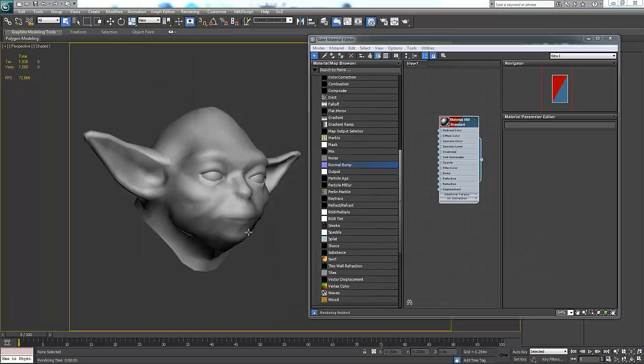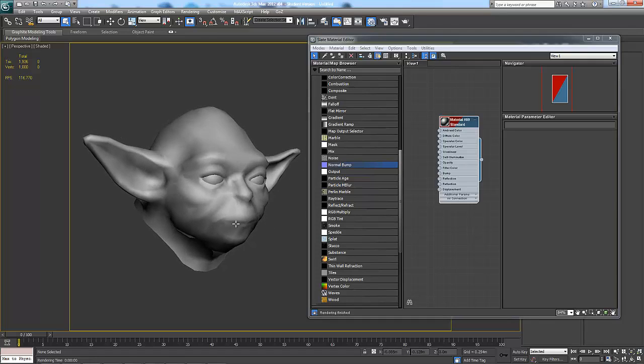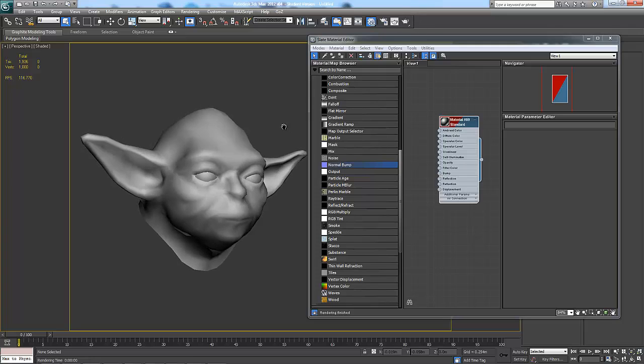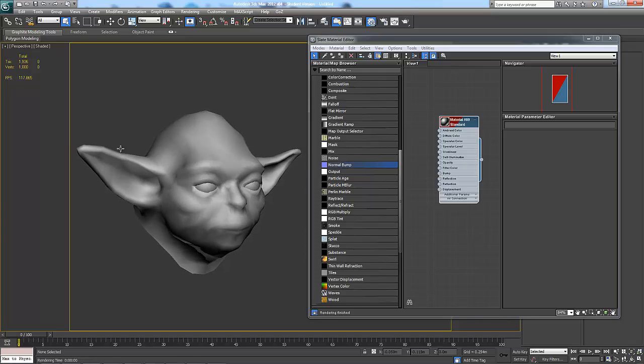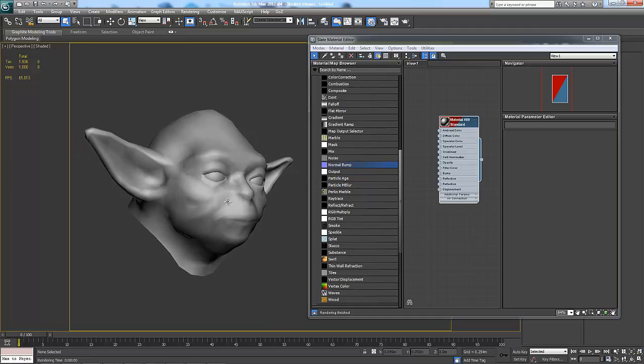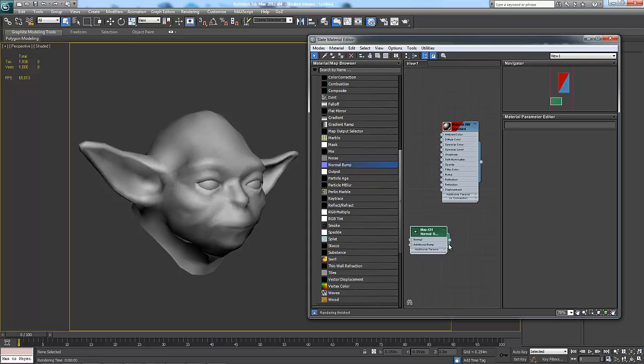One of the limitations of using a grayscale image as a bump map is it doesn't show up in a real-time environment such as the Max workspace or a game engine. It only shows up using a software render such as Default Scanline or Mental Ray. In order to get that same high poly look on a low poly asset in a real-time environment, what we need to use is called a normal map. And in order to tell Max that what it's dealing with is a normal map, we need to use this Normal Bump utility here and plug that directly into the bump map slot,